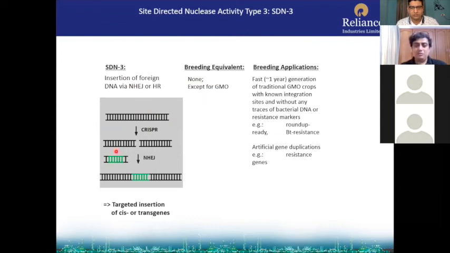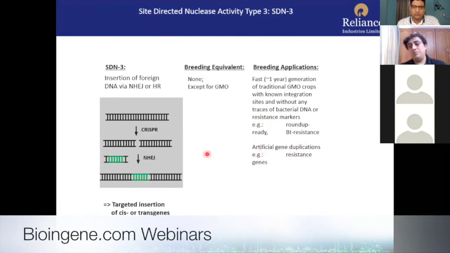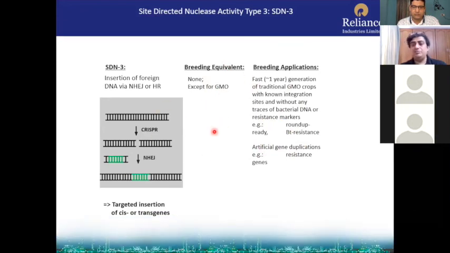You take a whole gene, you insert it by CRISPR-Cas9, and you get a GMO type of element, but a little bit cleaner. You don't need left border, right border, all these things, fewer foreign elements, just your gene of interest by homology-directed repair. So Roundup or Bt resistance kind of characters, which industries have developed as GMOs, can be developed by SDN3 as well. So 3 types of genome editing can be used in plants: SDN1, SDN2, SDN3.